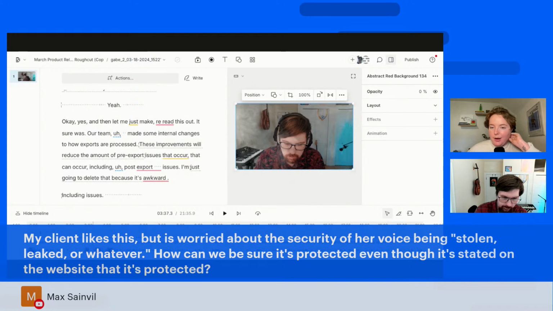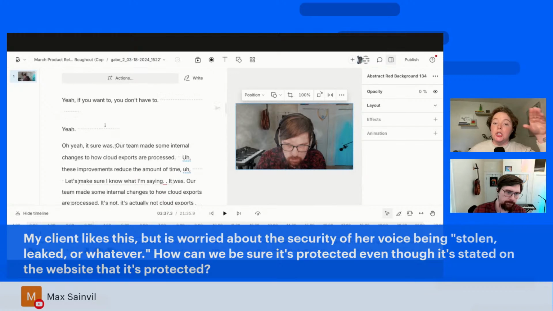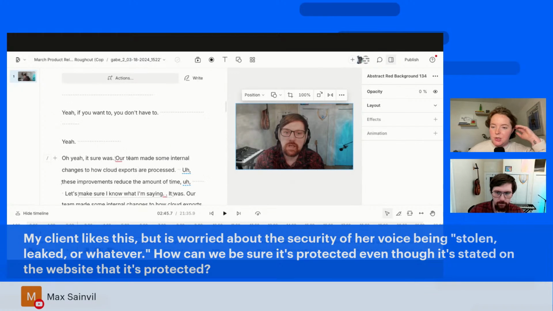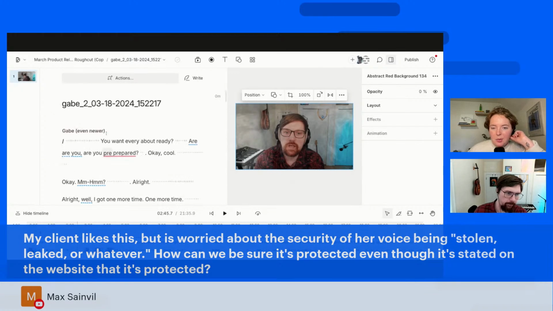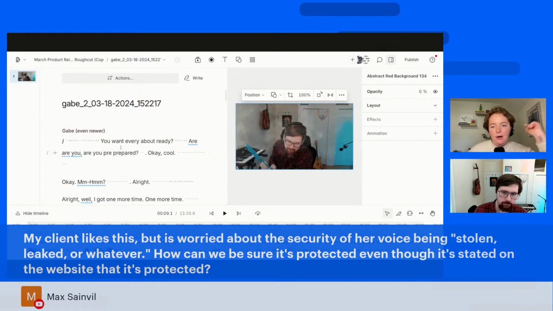Yes. My client likes this, but she is worried about the security of her voice being stolen, leaked, or whatever. Right. How can we make sure it's protected, even though it's stated on the website that it's protected? Yeah, so in terms of your data within Descript, we are not sharing your voice cloning audio with anyone.